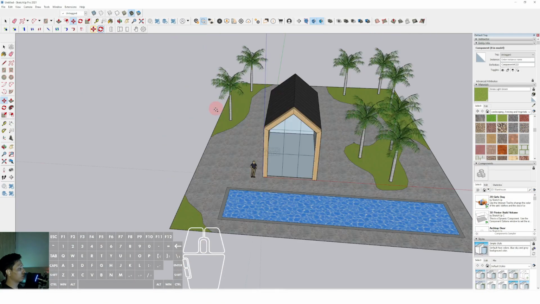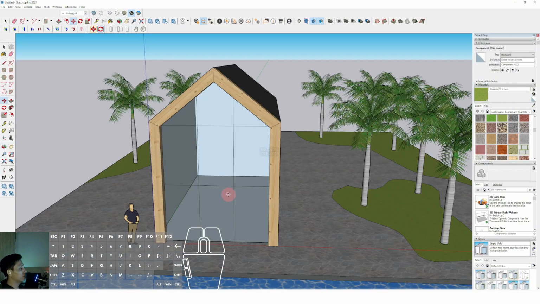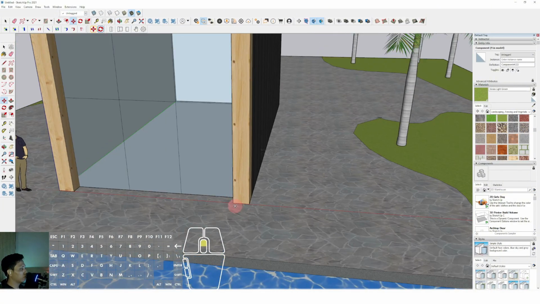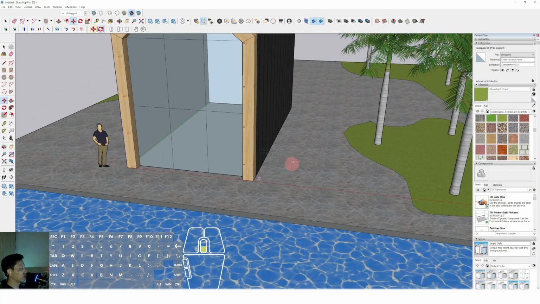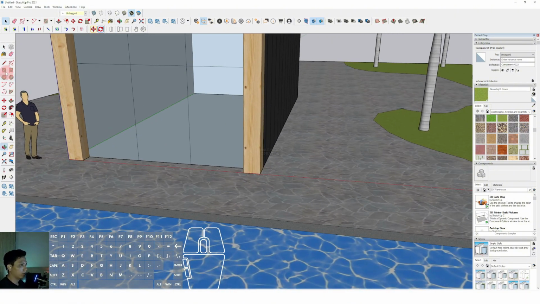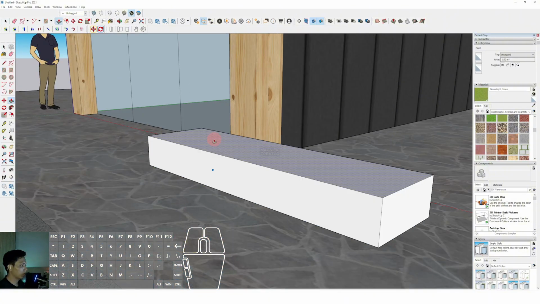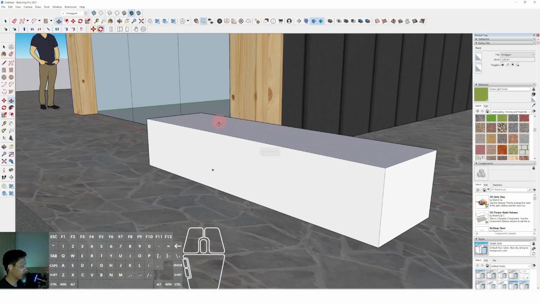Okay, we can make a duplication for every single palm tree, and then I'll make the bench. I will make the wood bench in the front or in the side in here. First of all, we have to create a rectangle of any size. The width is approximately 600 millimeters. Then we can click the surface and push it up around